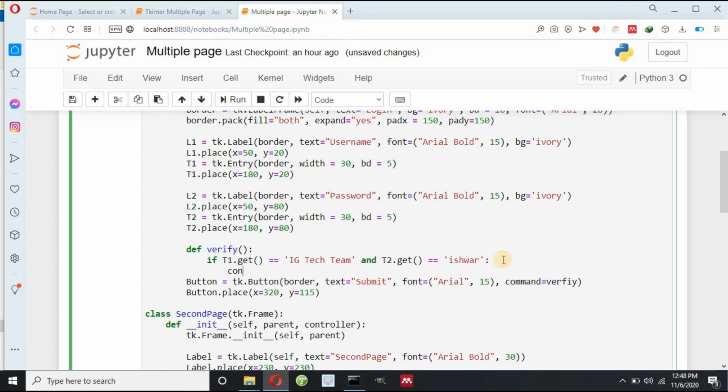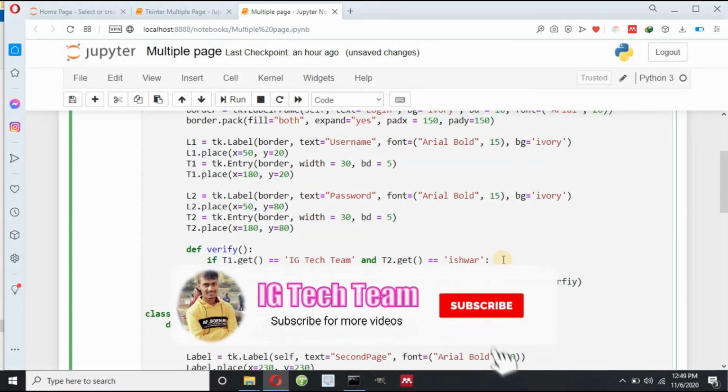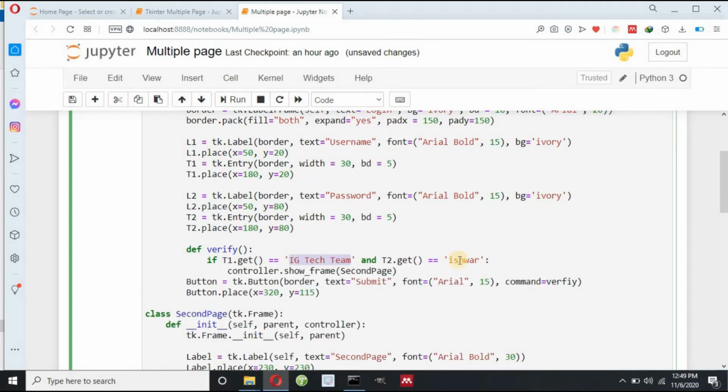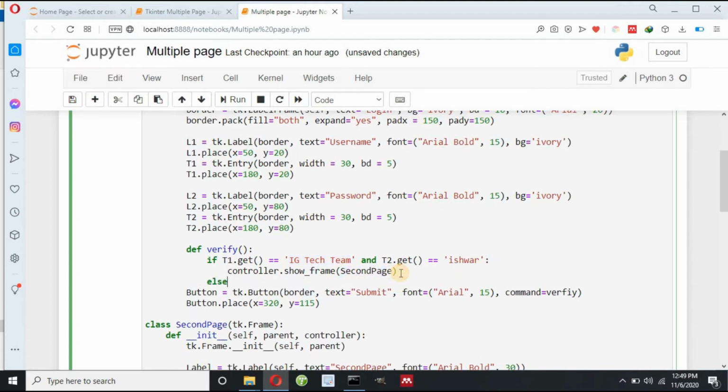Suppose this is the condition. I can write here controller dot show frame, I have to write second page. Means when I give username as IGTechTeam and when I give password as Ishwar, then only I have to redirect to second page. If not, I can write here else.